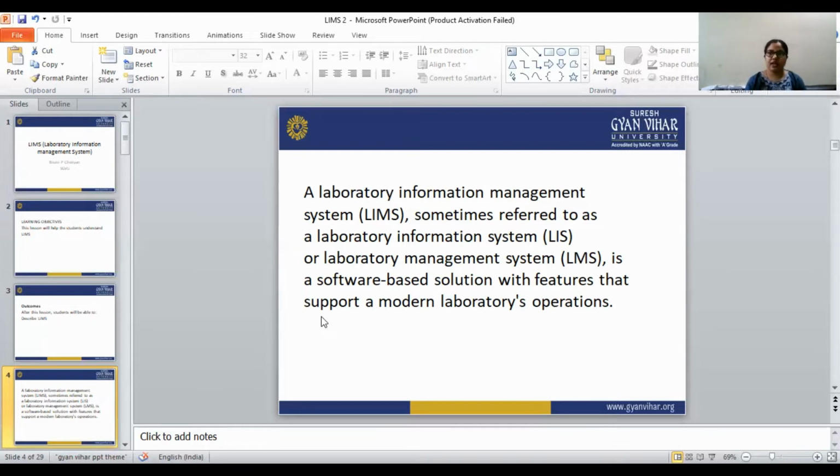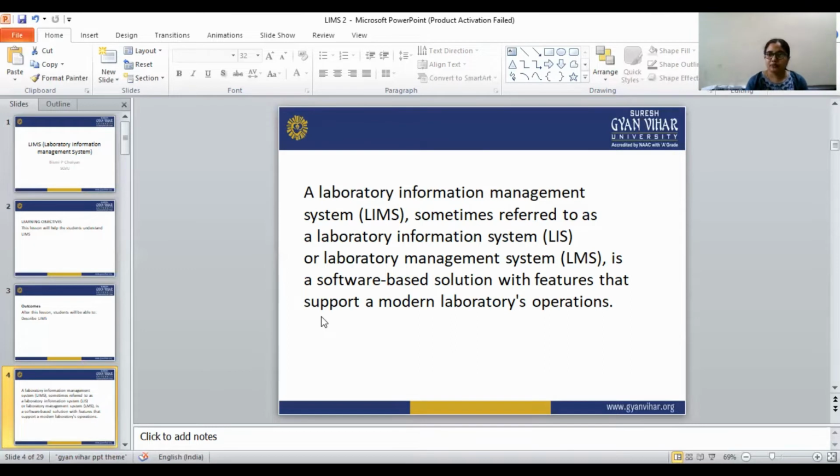After purchasing that, the customer and the vendor have to work together to get all the configuration the customer wants. So after purchasing the generic product of the LIMS, the vendor and the customer have to work together to get a perfect configuration according to the taste of the customer. So this is the customized LIMS. Customer tailored LIMS is also known as the customized LIMS.